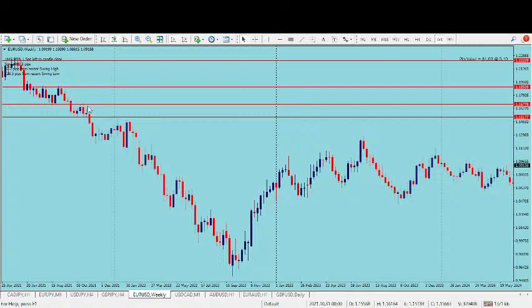It couldn't surpass this line. Okay, then it moved down again here, which is another lower low, which is also a sign that it is continuing to go down. So every opportunity we'll be looking for now is an opportunity to sell,